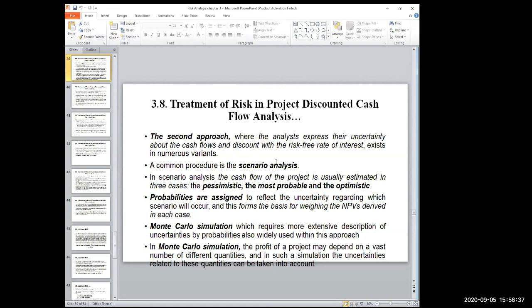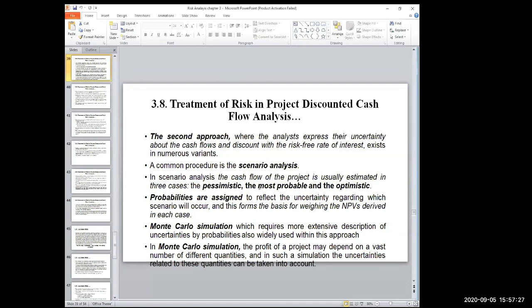Within this second approach, we do have different approaches. The first one is we use scenario analysis. Usually we have 3 scenarios to analyze a given project. One is pessimistic, which means the lowest return if the project has the lowest returns, the pessimistic approach or tense scenario. The second one is the most probable. And the other one is optimistic. In common words, we can say the smallest return, the average return, and the maximum return we expect. Optimistic means the project is maximally successful. So in scenario analysis, especially for project related analysis, we use pessimistic, scenario one,